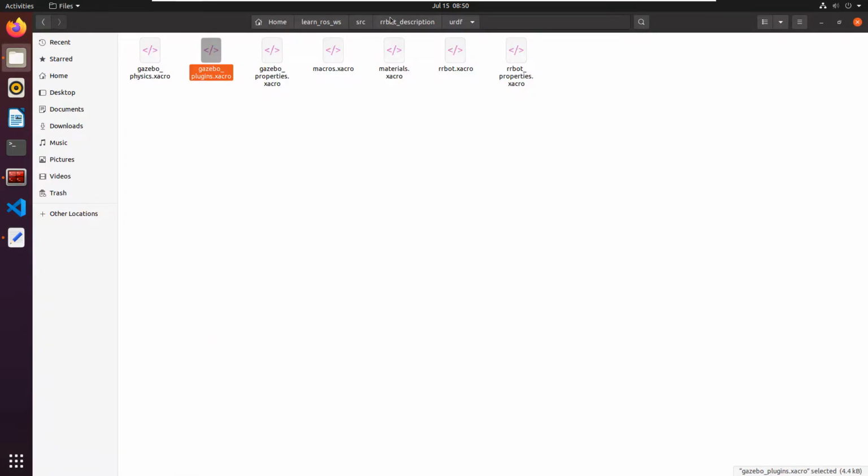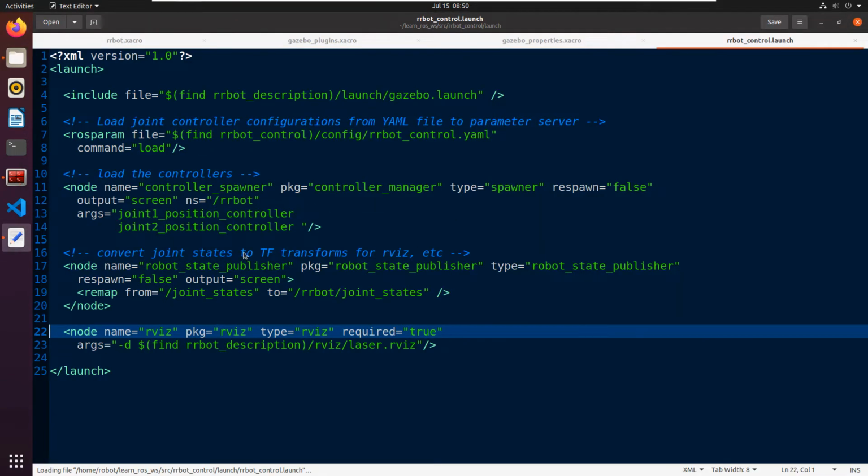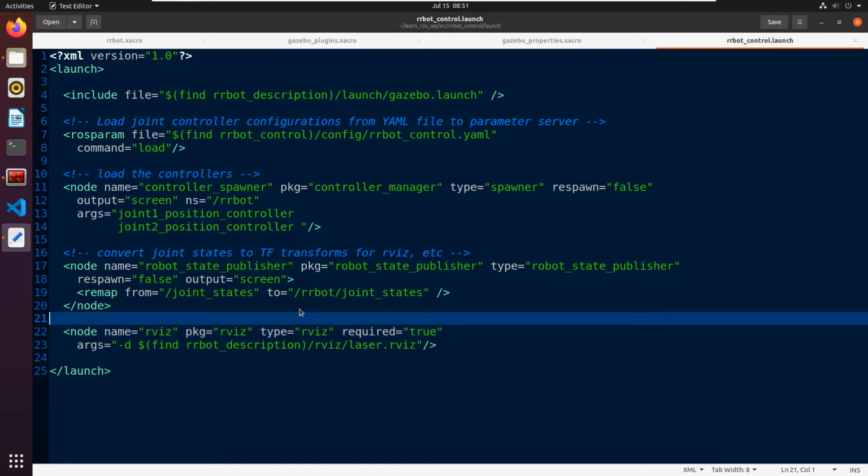And next I'm going to the RR board control. So in the control package, we are configuring the controllers, right? We need two controllers, two continuous joints. So we are assigning some controllers, and also we need the robot joint state controller. That is, I think, loaded already. Okay, so here you can see